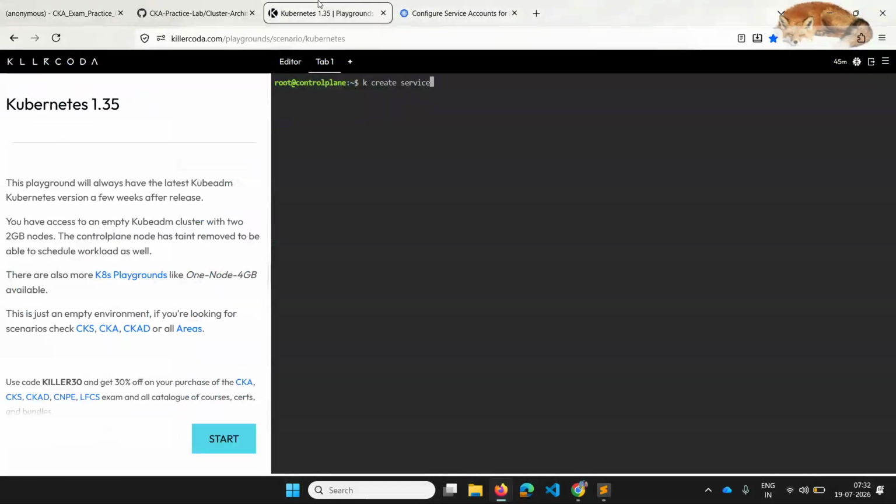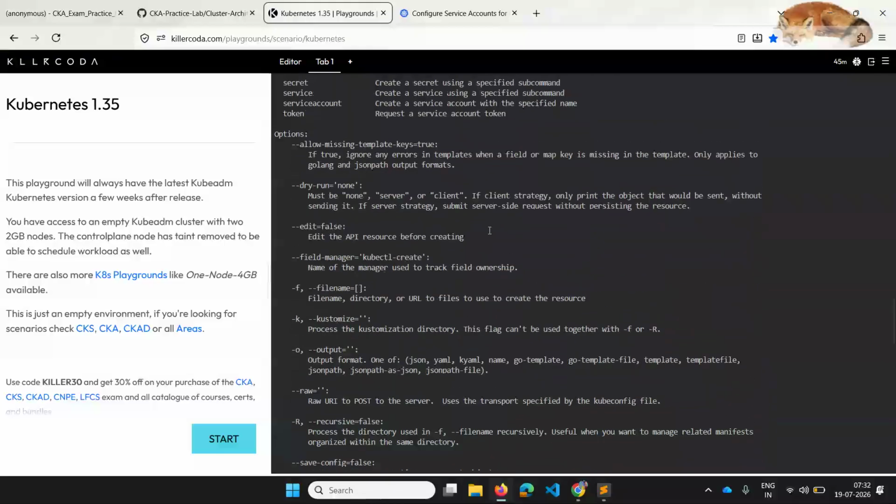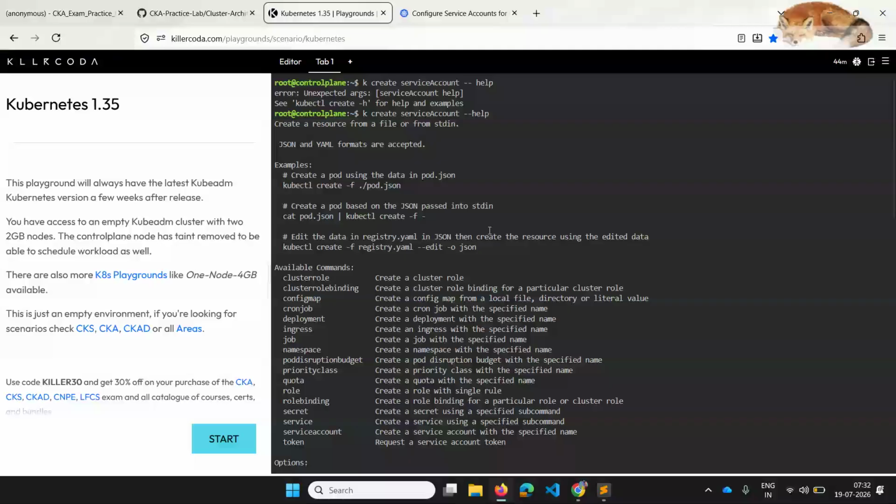service account, hyphen hyphen help. If you see, it has given me some examples to create service accounts.